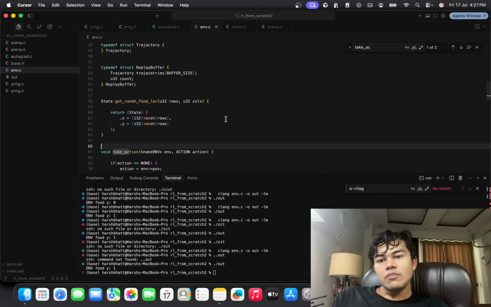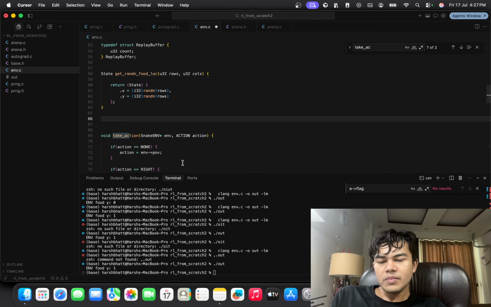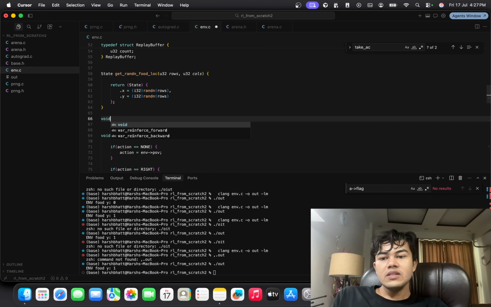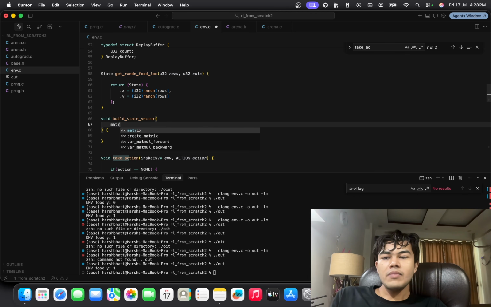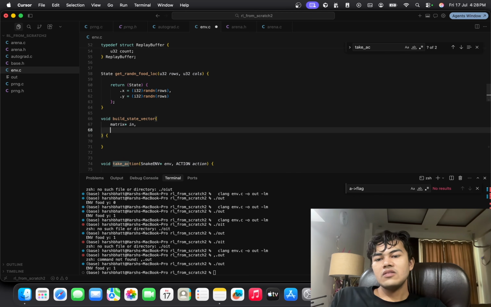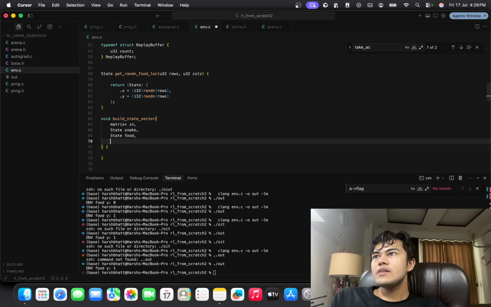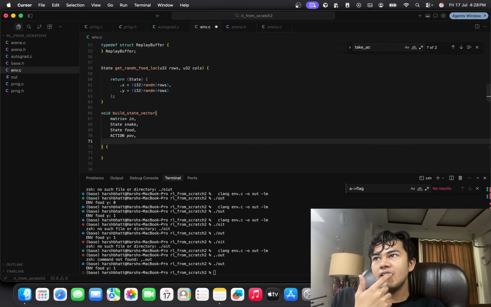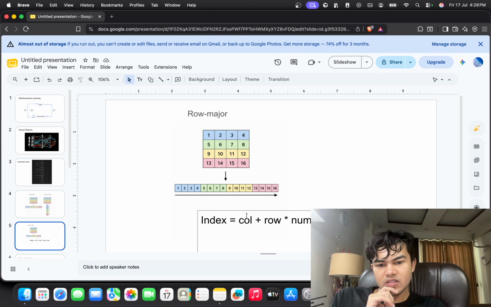But we need to convert this input in the right way so the model can actually understand it. The best way to do so is to create some kind of vector. So build a state vector, which contains some information like metrics and state: the state of the snake and food, and action, what will be the POV of the action, and columns. Now to compute the snake I, we know the formula of column and row in row